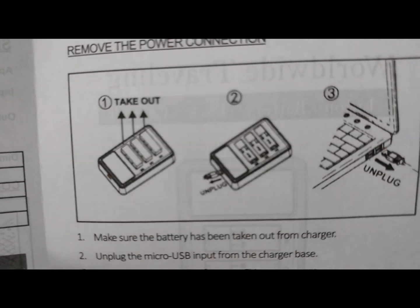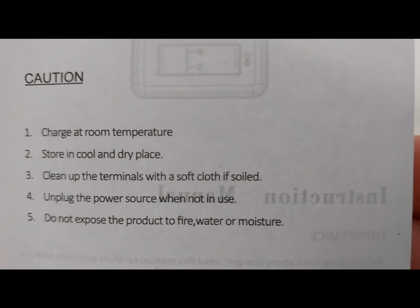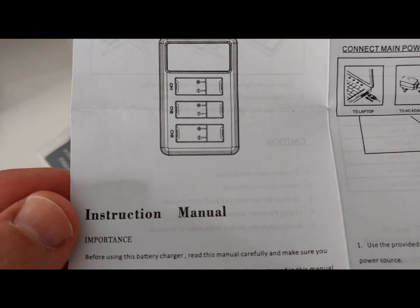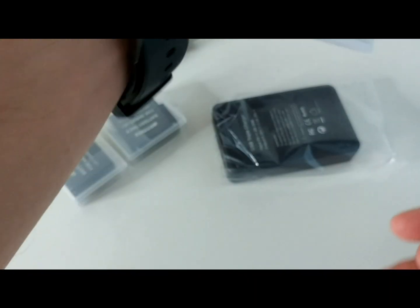So I hope you can see everything. If you don't see it clearly, make sure that you are watching this on the highest quality. Okay, so worldwide traveling, I don't know what it means. Anyway,